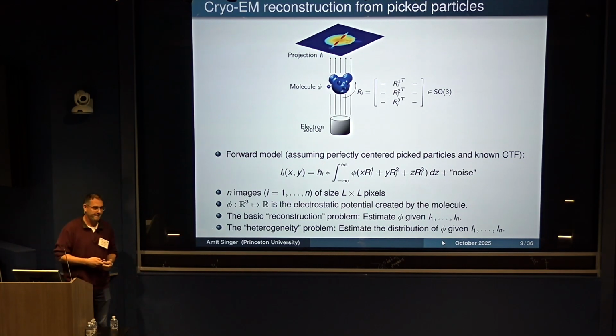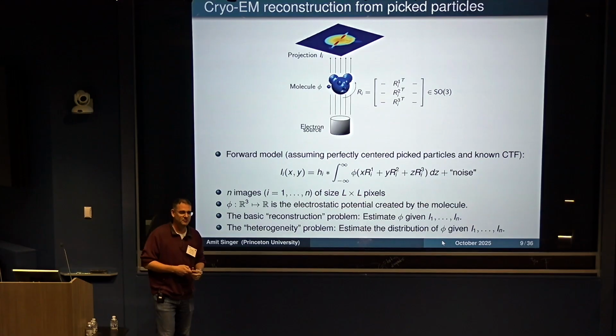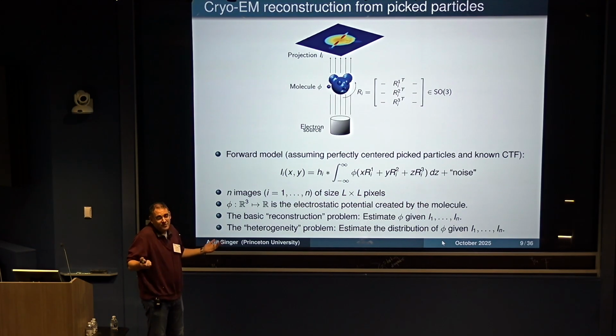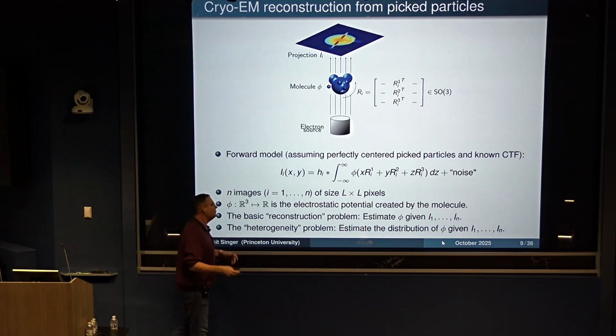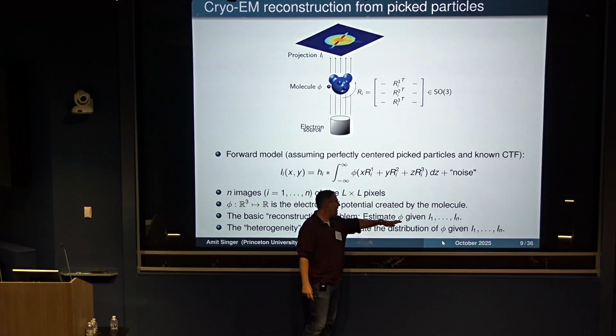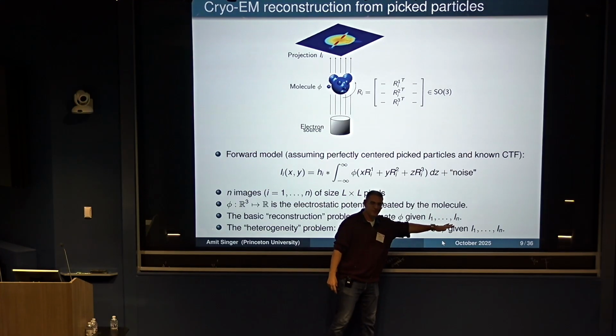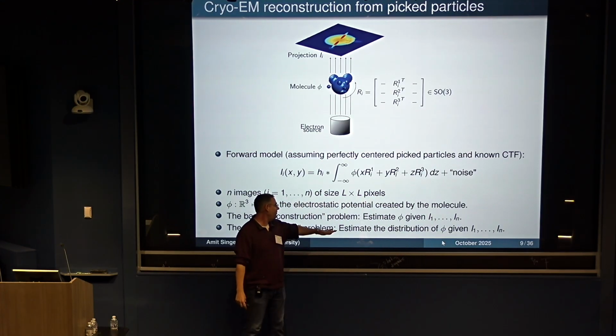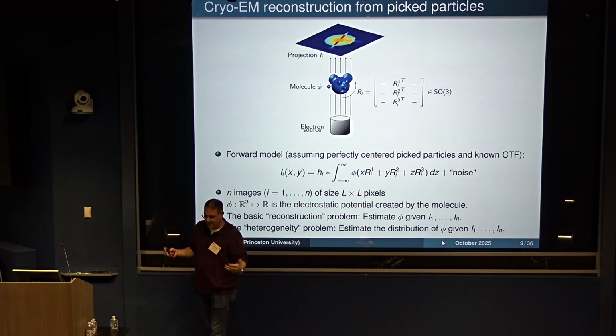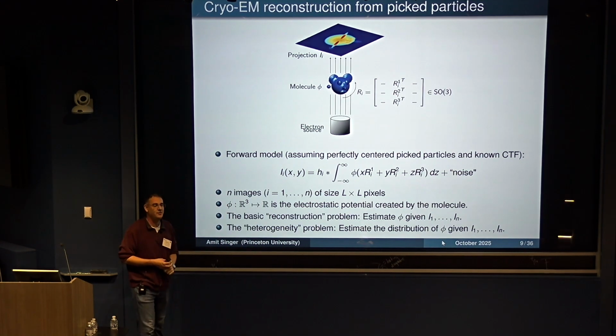For these images, do you know a priori that you are looking at the same molecule? You assume, yeah. A priori, you don't know anything, but some molecules are much more rigid than others. And so for those rigid molecules, we assume that this phi is the same for all the n images. And in the other problem, for more flexible or even composite heterogeneity, there will be a distribution. Maybe we'll talk about discrete heterogeneity when there are just a few dominant states, and also continuous heterogeneity of continuous